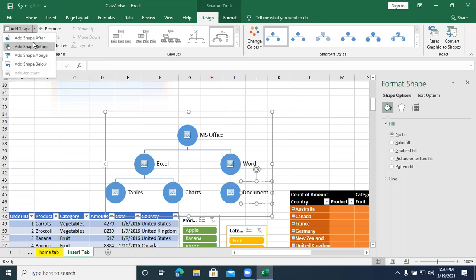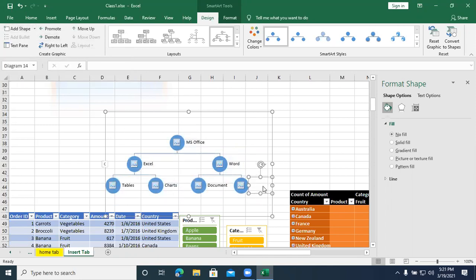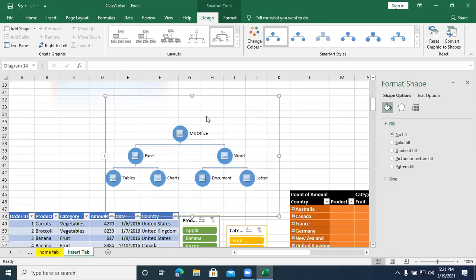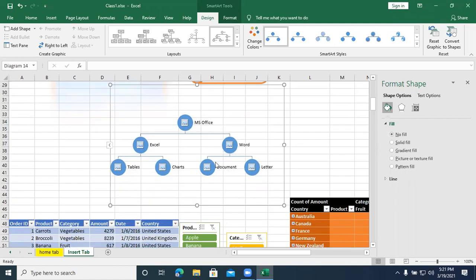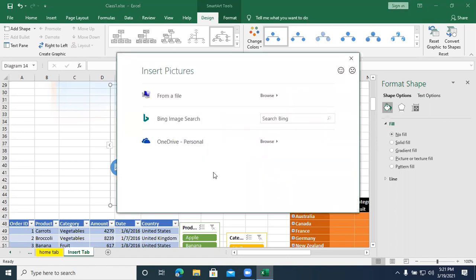Under the add shape, you have after, before, above, and below. I select as after. So I'm getting one more shape. This we will fill as letter. Any doubts in this? So you can fill the pictures also inside this. Click on this picture shape. I just enter as MS Office.